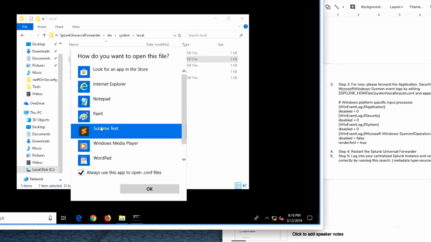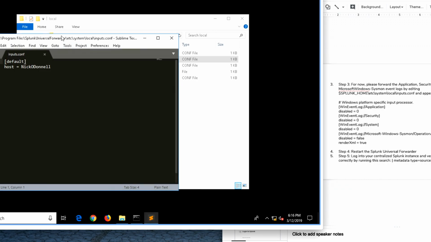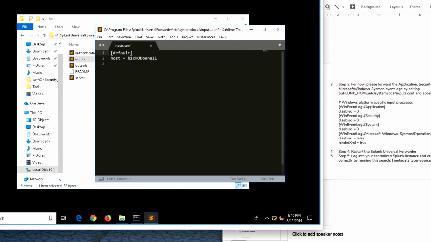There's Sublime on here for a little bit nicer experience than just regular Notepad. By default, it's just going to have your host name. That's going to tell Splunk where the message came from, where the log came from. So all we're going to do is append